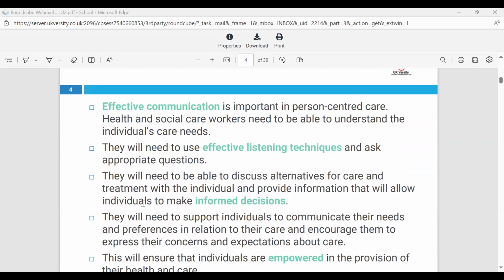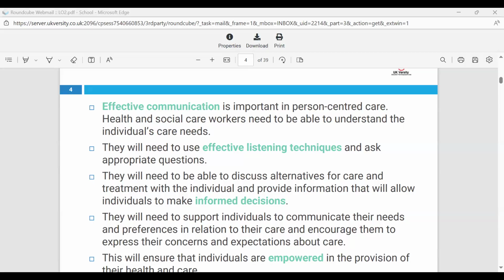So effective communication is the process of translating information and messages to an audience. So it could be to anyone. It could be health and social care workers. And it's really, really important that you have these listening techniques, because active listening is one of the important things, because you're providing feedback and you're making sure that you understand what they are telling you properly.